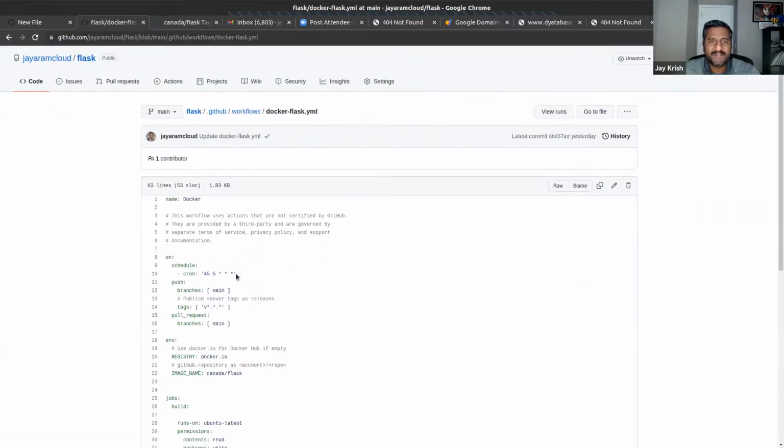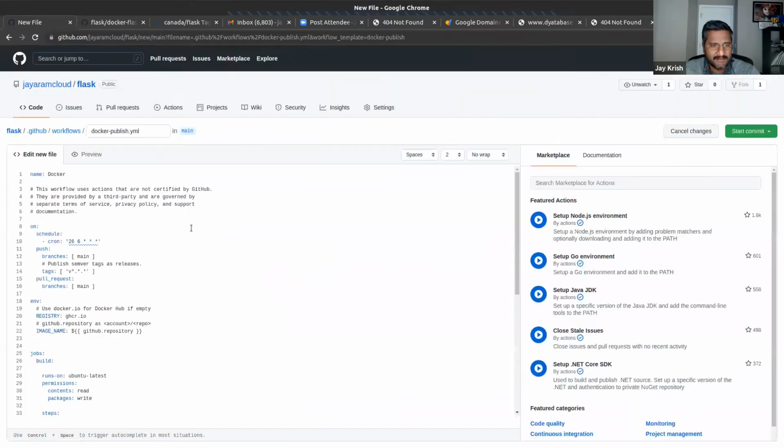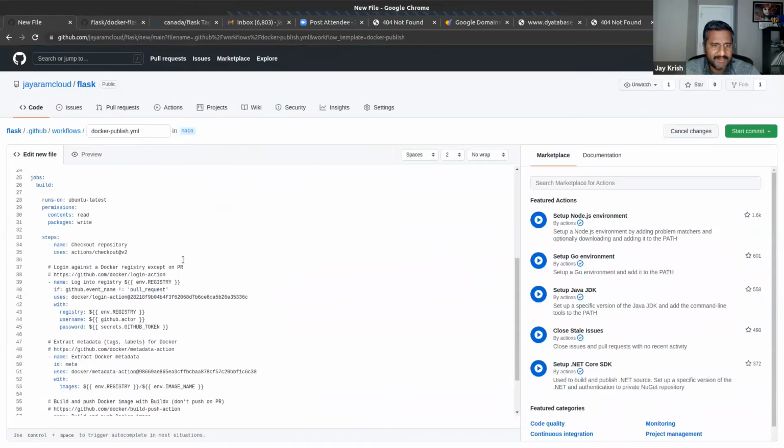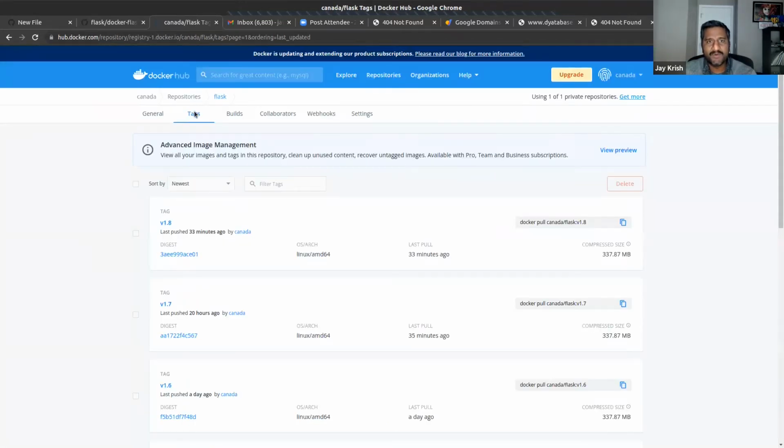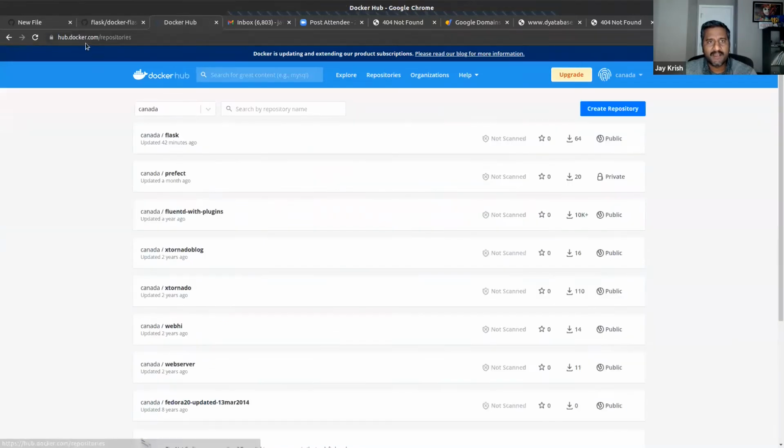If you look at this file and my file, it is exactly the same, except I've added where my registry is, docker.io, and the image name is Canada/Flask. Canada is my Docker Hub ID and Flask is a project which I already have in my Docker Hub repository.